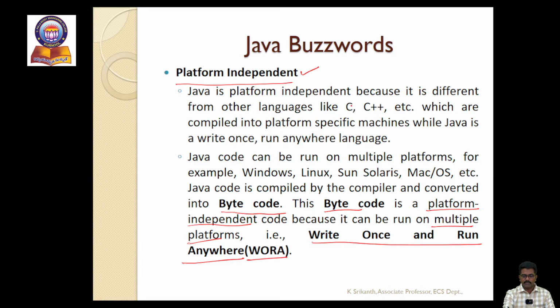When it comes to C language, it is platform dependent. Both languages are platform dependent, which makes it a drawback, which is overcome in a language called Java. Java is platform independent because of the bytecode, and the bytecode is common for all the platforms and for all the machines. Because of bytecode, we got a feature called WORA, that is write once and run anywhere. So this is about the platform independent feature.